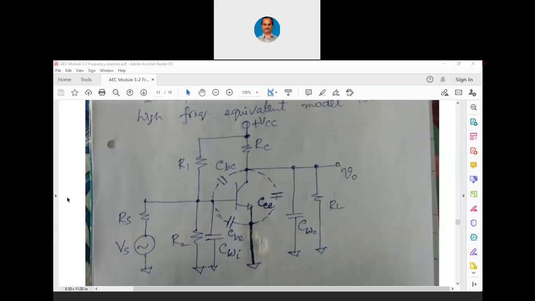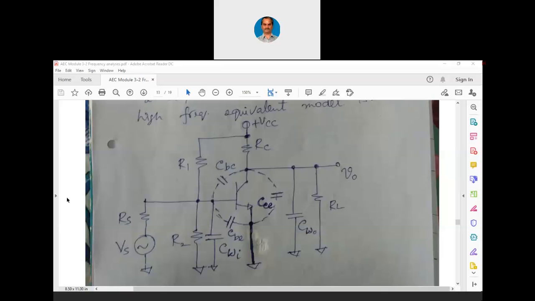So as far as this particular circuit is concerned, for high frequency analysis, we need not write that RE and CE. The reason is CE is going to short RE at high frequency. You know that Xc equals 1 over 2 pi fC. When f is much larger, Xc will be much lesser. That is why I have written the emitter directly connected to ground. And then at the output we have the load resistance. Apart from that, you can see some other strangers here. You will see CBC, CBE, CCE, and you will also see CWI,